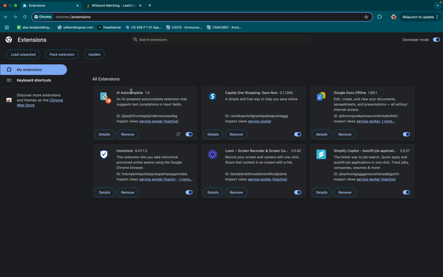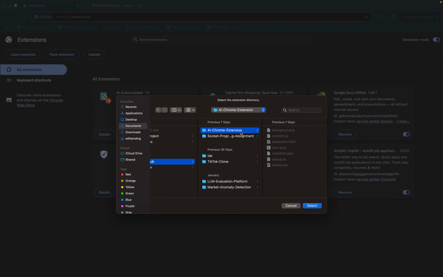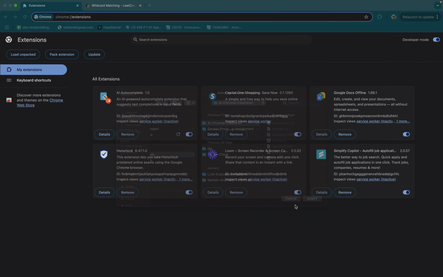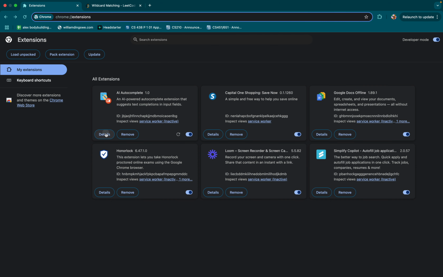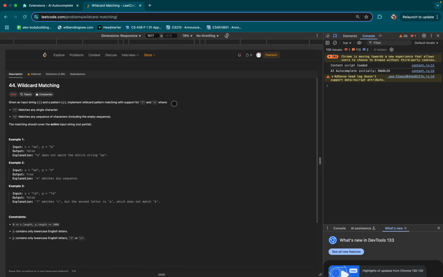So in order to use this, you're going to want to download the folder from the public GitHub repository, go into Chrome extensions, load unpacked, and then you're just going to select the file from there. So what I do for local is I just go and I open up the folder, select it, and then it should appear right here. You should be able to go into the details and select whatever details you like. But the way I use it is,